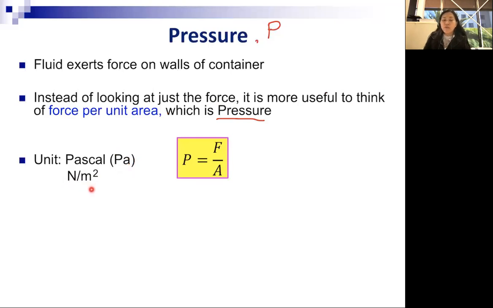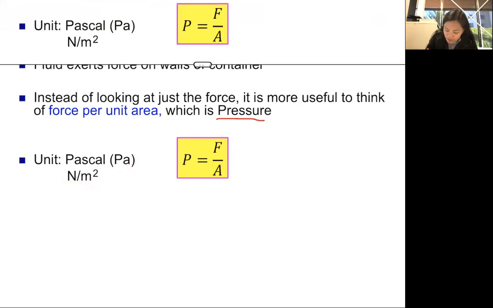So you have to be careful with your units again. Your masses should be in kilograms. Your lengths should be in meters. Similarly, pressure is inversely proportional to the area and directly proportional to the force. So say for the same